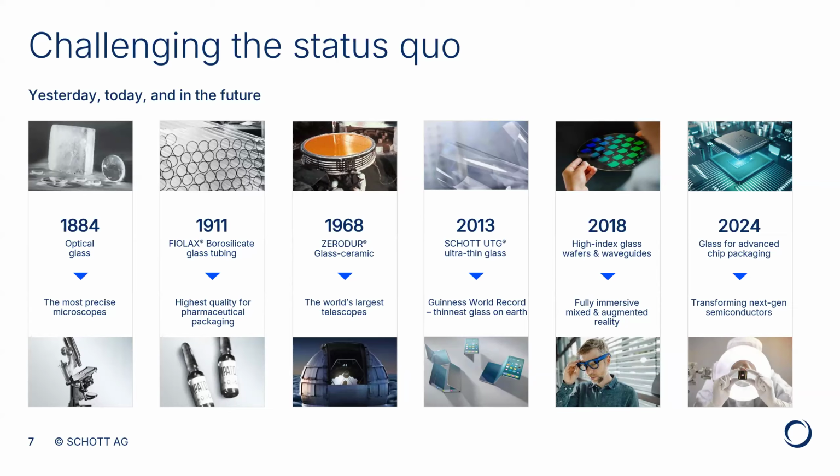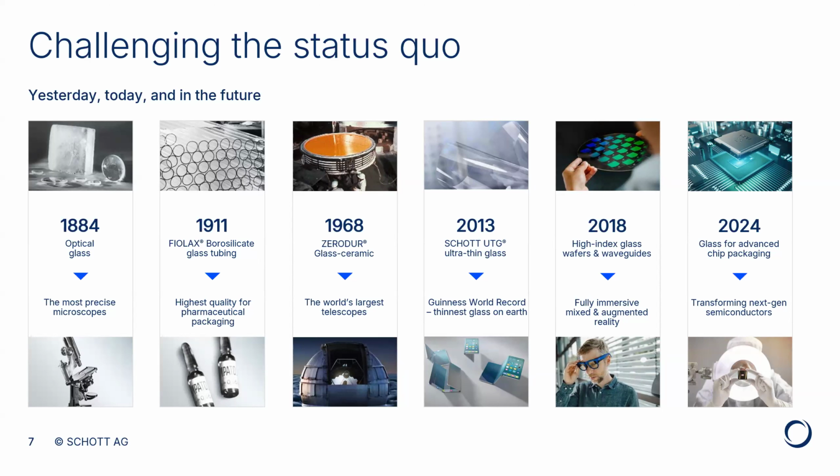And so SCHOTT started as basically the glass laboratory for the microscopes of Carl Zeiss. At that point, the challenge was that you wanted to get rid of the so-called secondary spectrum in the microscopes. You want to focus the light of all different wavelengths on one point, and of course the refractive index depends on the wavelength, and so you needed to find glasses to be able to compensate for this effect, and that's how SCHOTT got started.